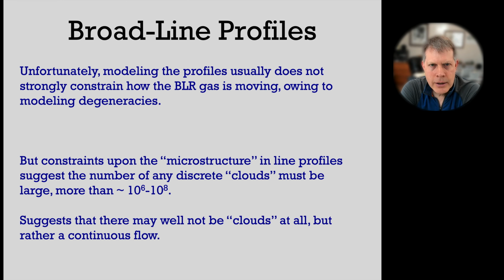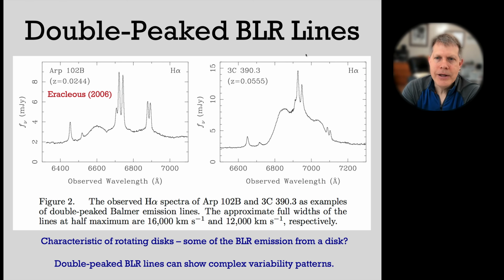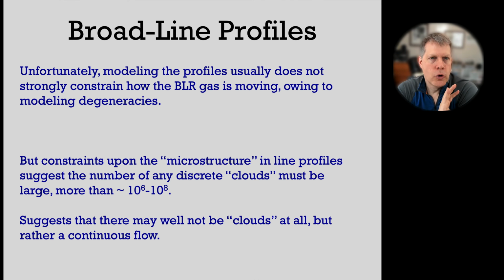Unfortunately, modeling the profiles in most cases, leaving aside these double peak systems, which again are rare, and in these cases the modeling of the profiles can be very physically revealing. But for your typical single peaked line, unfortunately modeling the profiles usually does not strongly constrain how the gas is moving. Is it going in or out or round or about? There are modeling degeneracies, so you usually can't distinguish those possibilities just from the profiles themselves. There are counterexamples, but that's generally the case. However,